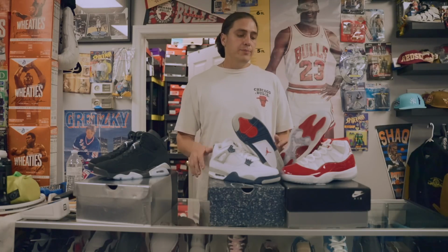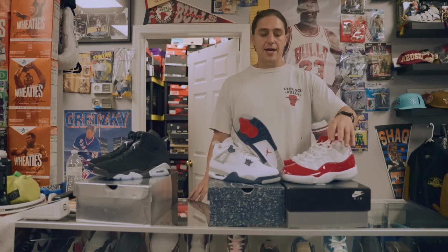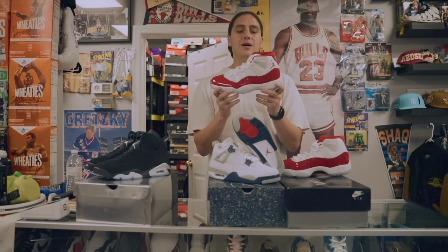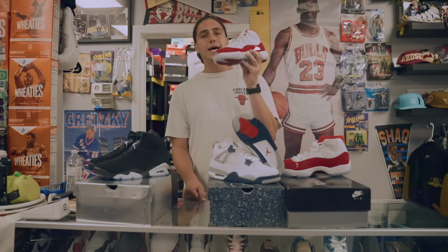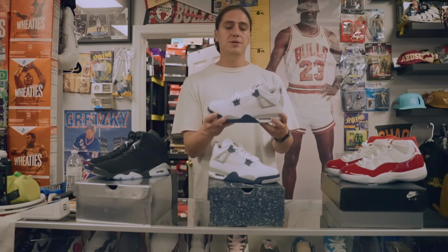Here I'm gonna have to put the red 11s as 2nd place, because as cool as they are to look at and as much as I'd love to wear them all the time, I just feel like this was a sneaker I used to wear when I was in high school more. They're just not as comfortable. They're a little too flashy for me, and as cool as they are, they're just very like My Player 2K vibes. So I'm gonna put those at number 2, and number 1 has to be these 4s,